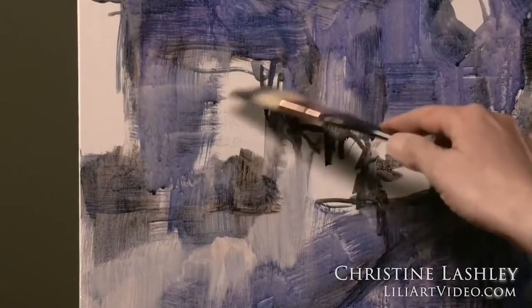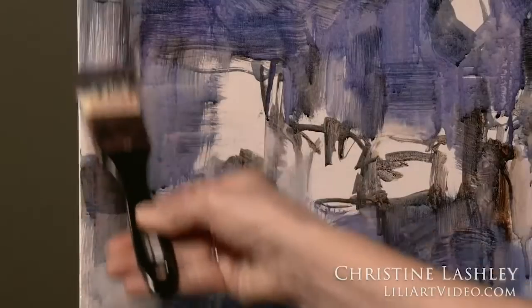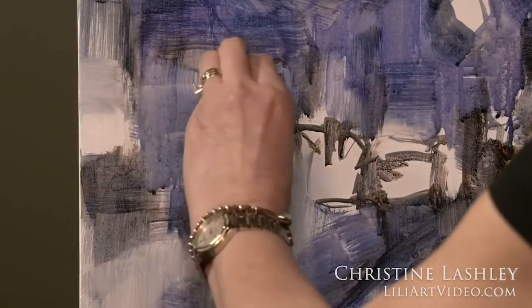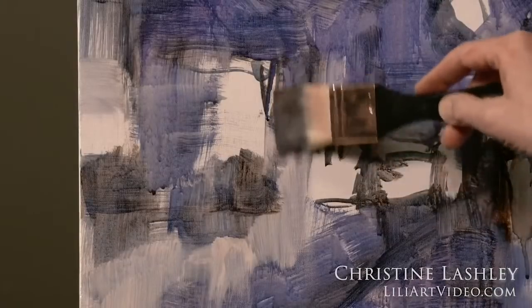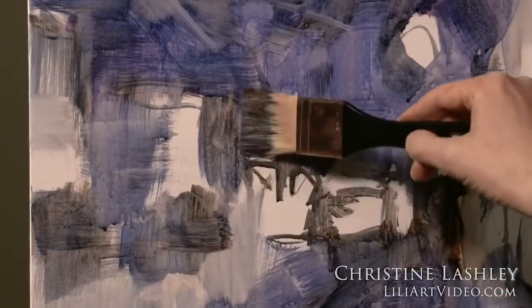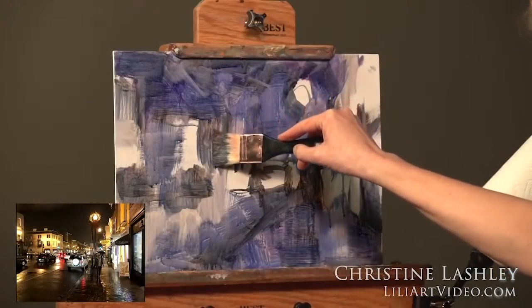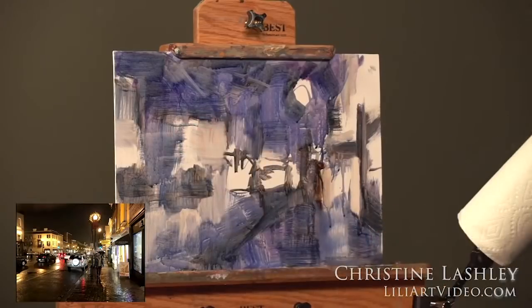I don't like this shape. This shape and that shape are repeating. Let's kill the top of this building. In other words, the blockiness that was here, that cube really repeated there. And I'm going to extend this building. I'm looking at how this building relates to the dark car here, and I don't want to have those elements stacked. So the building was ending here, and then the car started there. But if I extend this out,